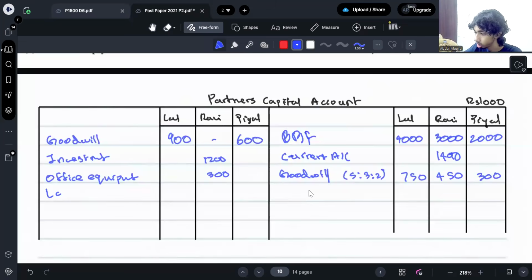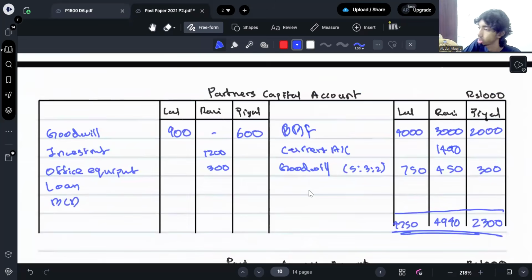Now you can balance off and find the loan amount of Ravi. 4,750. 3,000 plus 1,490 plus 450, that is 4,940. 2,300, 4,750, 4,940, 2,300. Ravi's loan amount 4,940 minus 1,500,